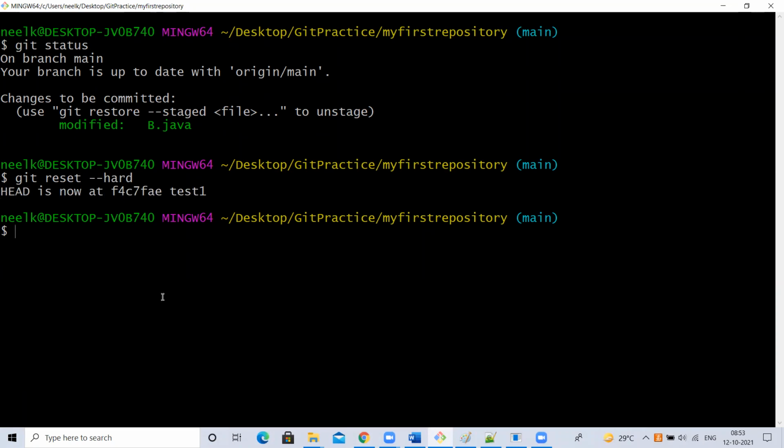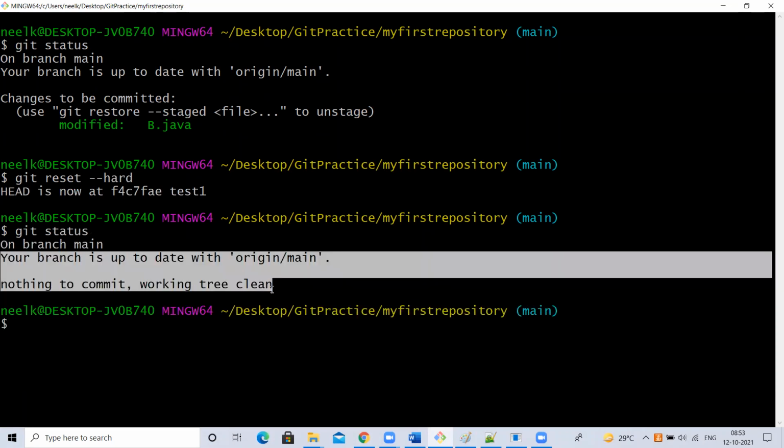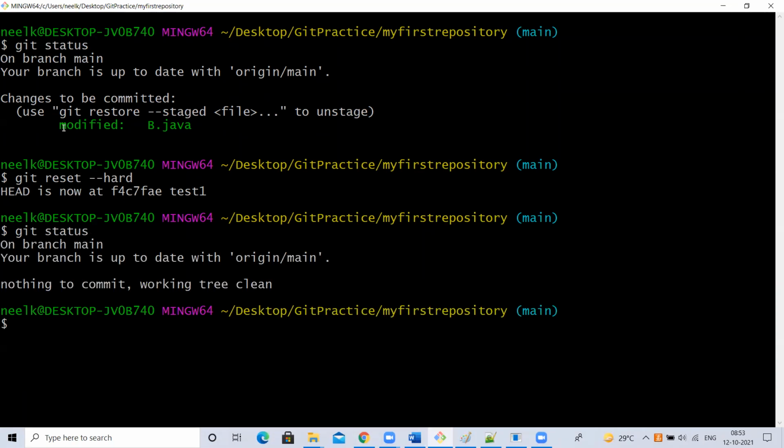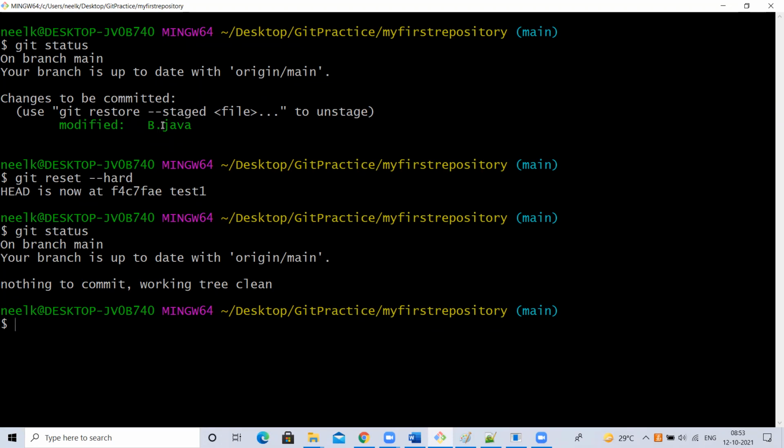Now if I type git status, see, the modifications are also gone. It is like the original file, whatever we committed last time, or whatever we pulled last time. It went back to that place.